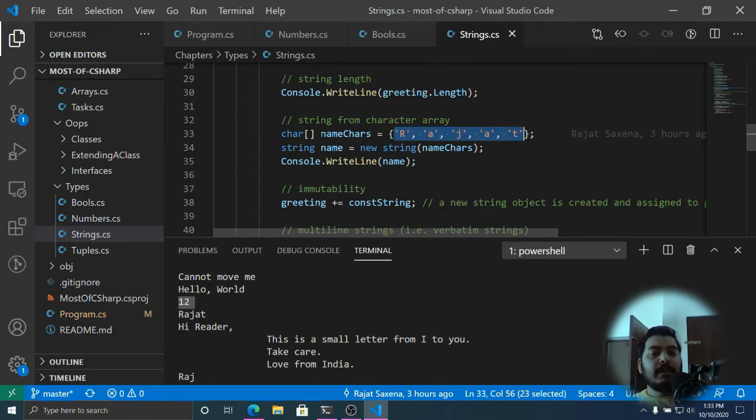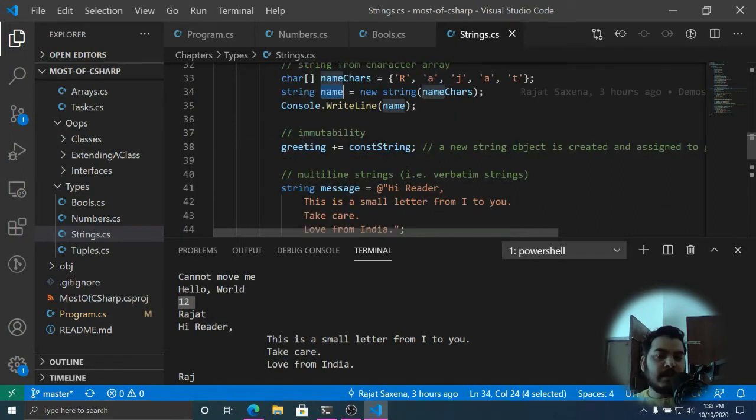If I want to create a string out of this character array, I can simply do new string and then pass the character array to the constructor. I will get a string out of it, which I can assign to any string variable, as you can see here.